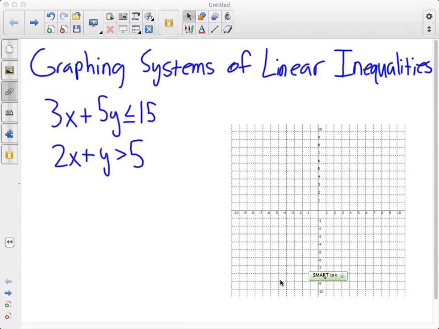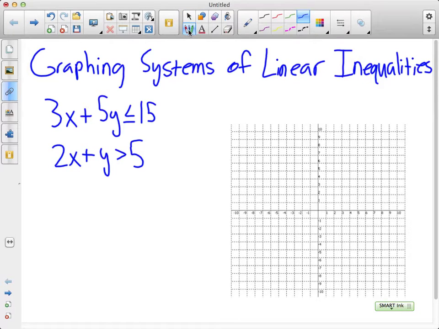Graphing systems of linear inequalities. A system of equations is a set of two or more equations where you find the solution is where they intersect. A system of inequalities is two or more inequalities, and the solution will be the region that is shaded by